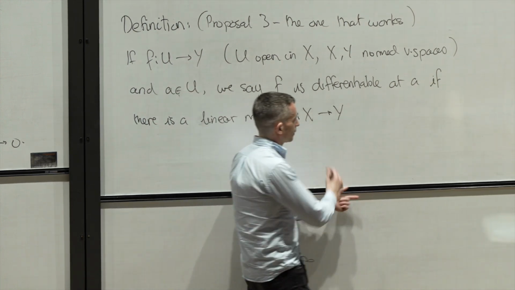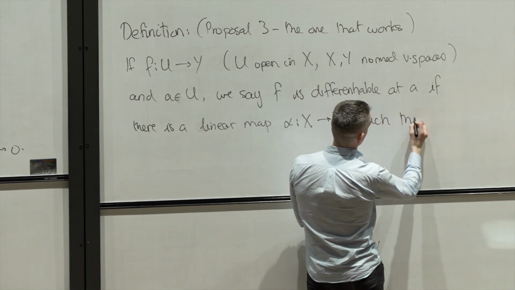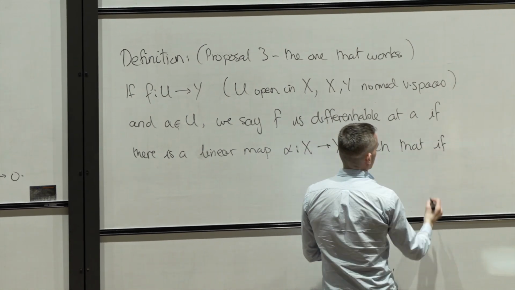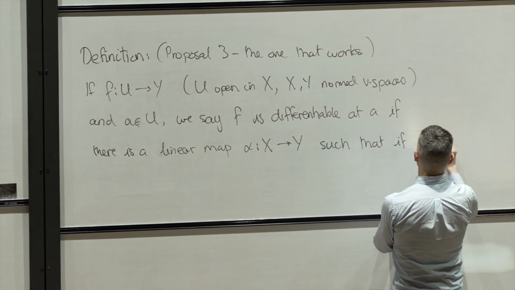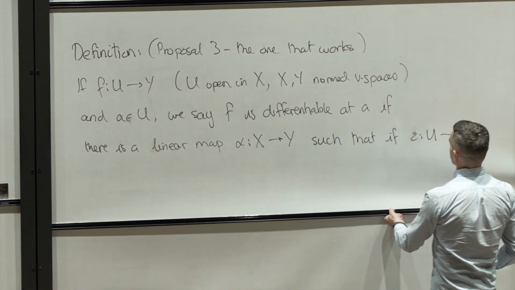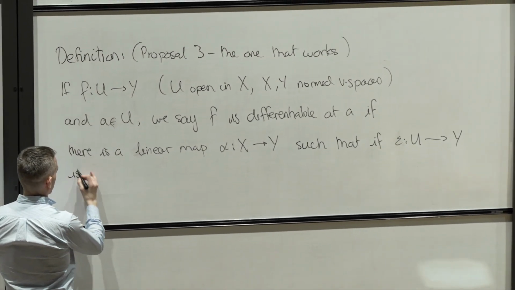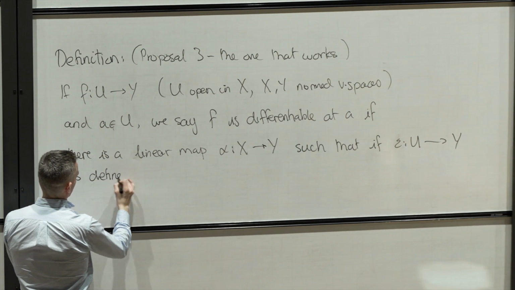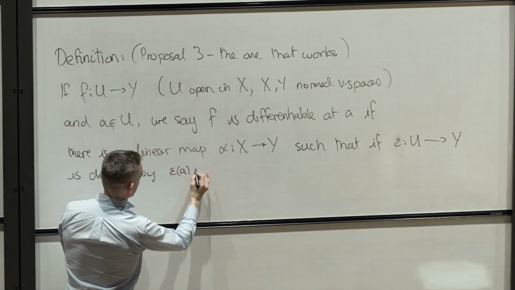So I have a linear map alpha from X to Y such that if epsilon, which is going to be a function from U to Y, is defined by epsilon vanishes at a,